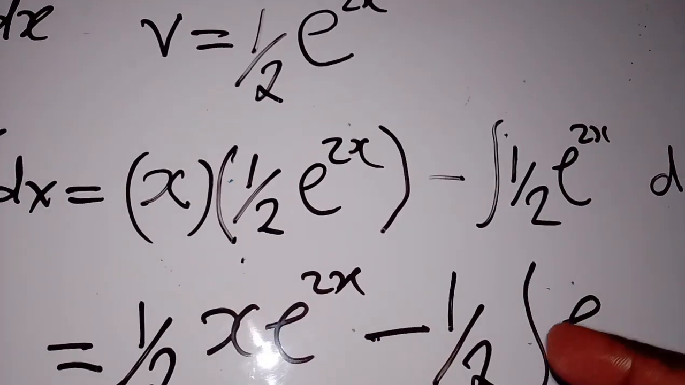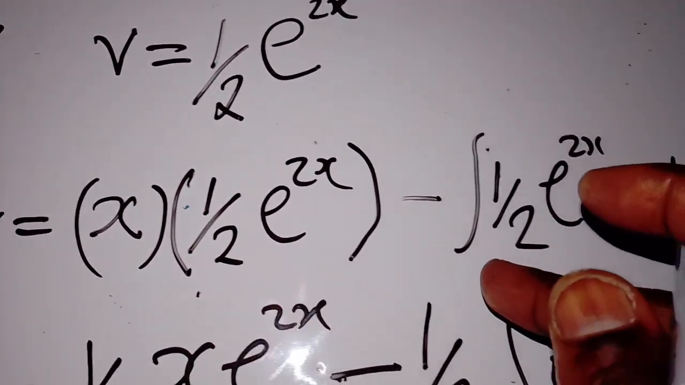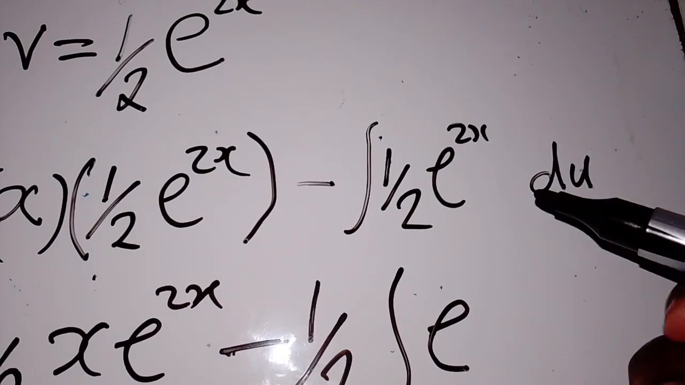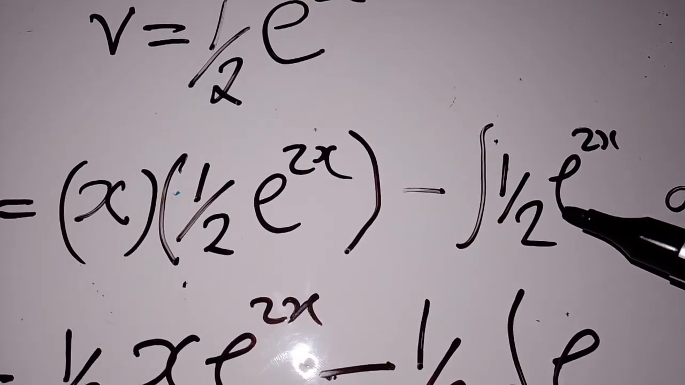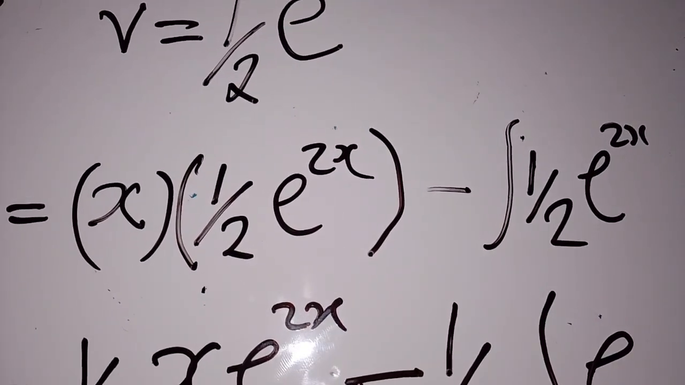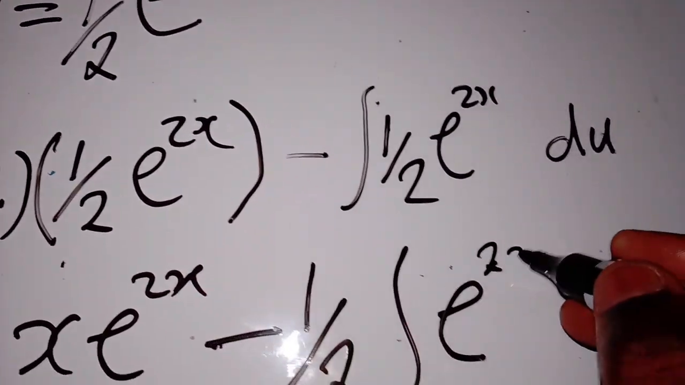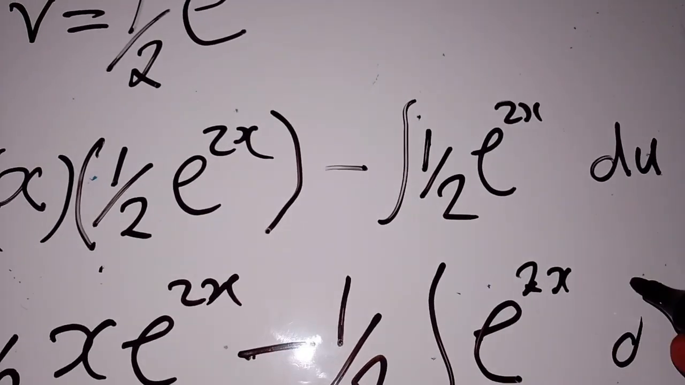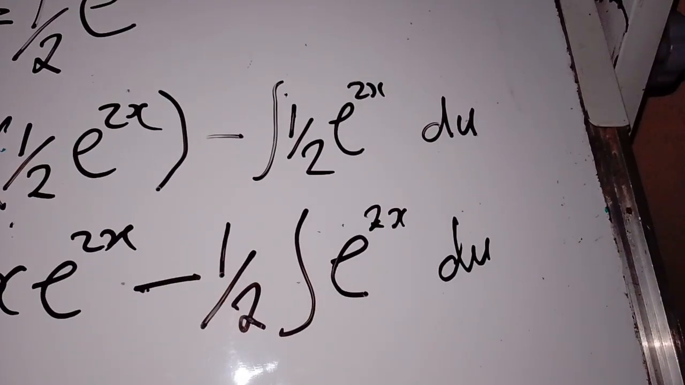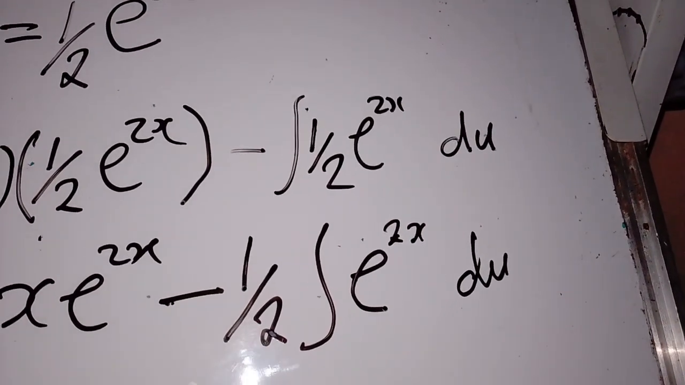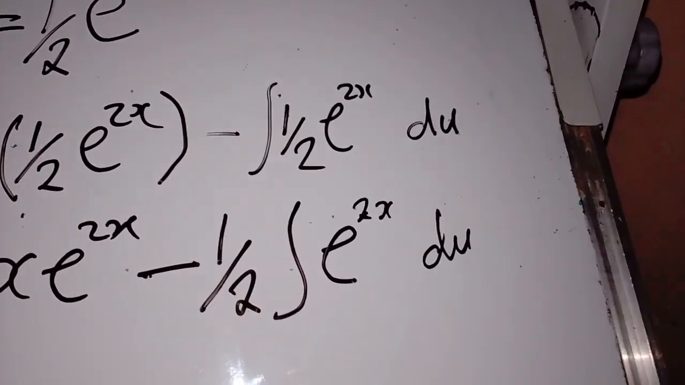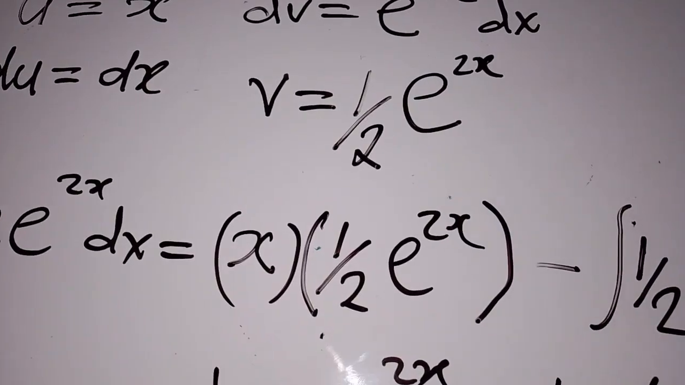Here we have already, so what we have is this. So we are going to remain with 1 over 2 exponent 2 to the power x, du. Okay, that's what we are having. Okay, so in that case